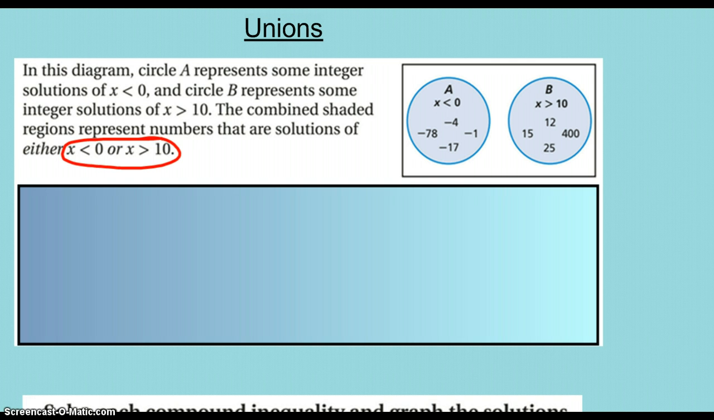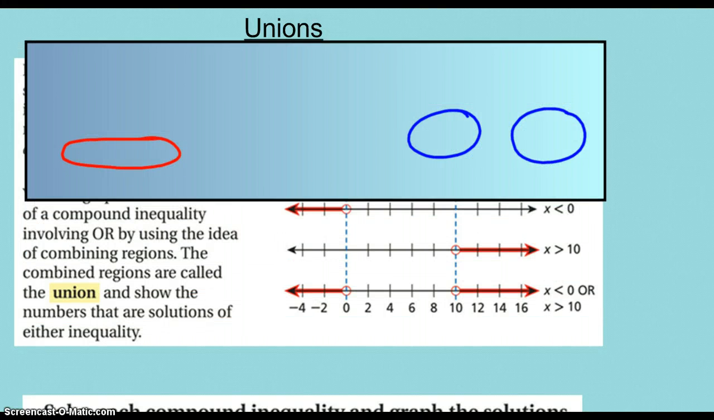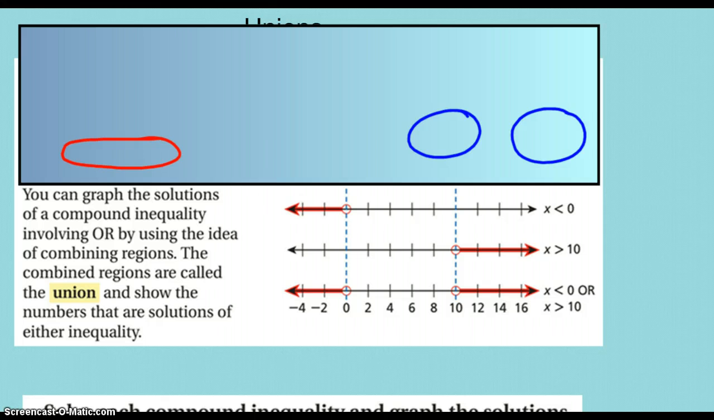And if we look at that, we got the diagram to the right here. These are all numbers that are less than 0, and these are all numbers that are greater than 10. There will be no overlap here, and that's why we have to say x is less than 0 or x is greater than 10. So when we look at the graphs of these,